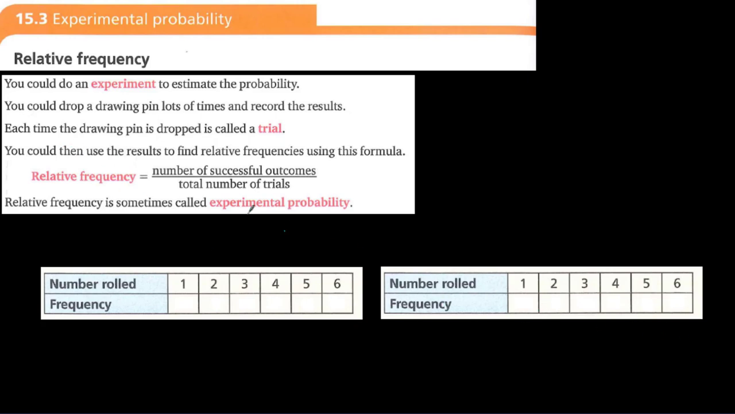With respect to your frequency table, the number of successful outcomes divided by the total number of trials is going to give you the experimental probability result. As I said before, we were learning theoretical probability, and theoretical probability here,